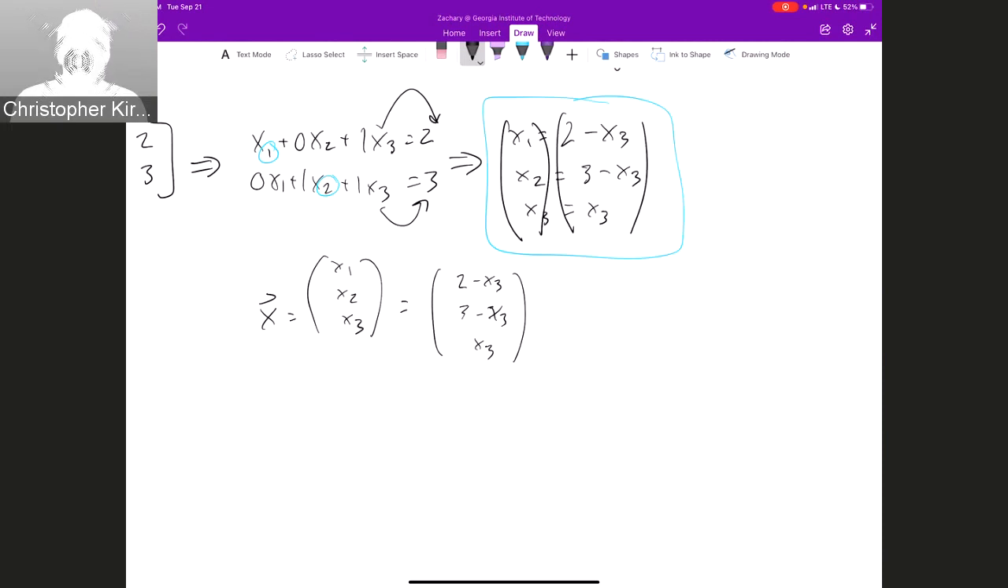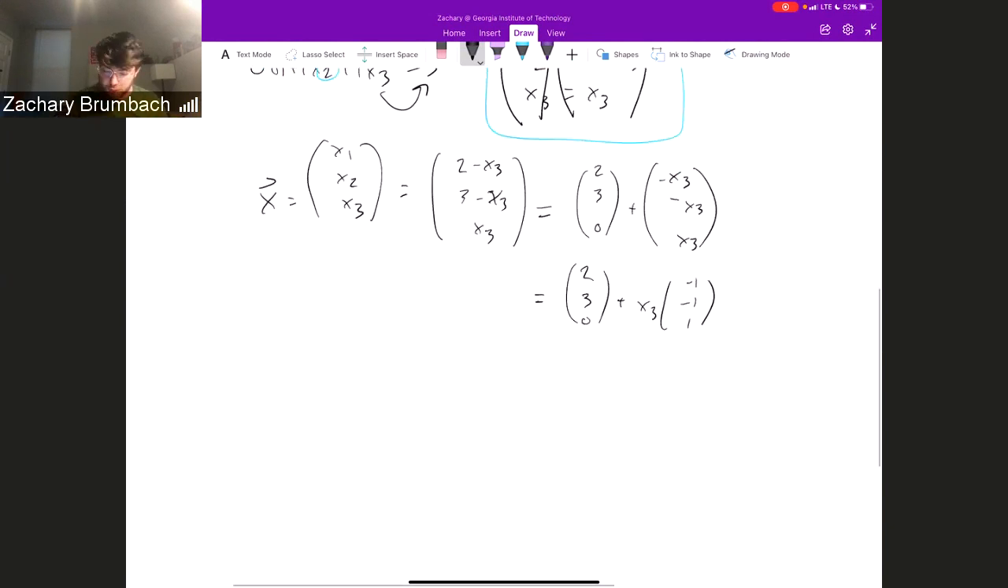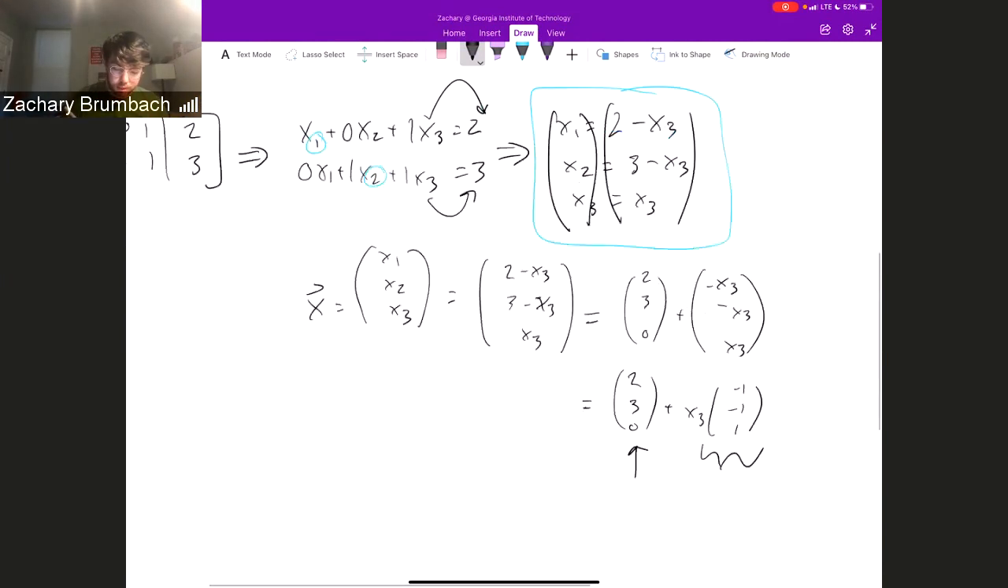And here we can break it up. We're going to break it up into the part without x3, which is 2, 3, 0, and the part with x3, which is negative x3, negative x3, x3. Boom. From here, 2, 3, 0, plus x3 times negative 1, negative 1, 1. So this is how you go back and forth between them. So the span of this becomes the span of this shifted by this, which isn't a particularly great example,